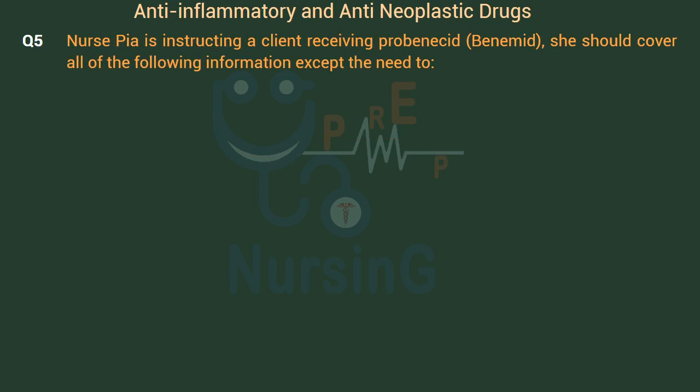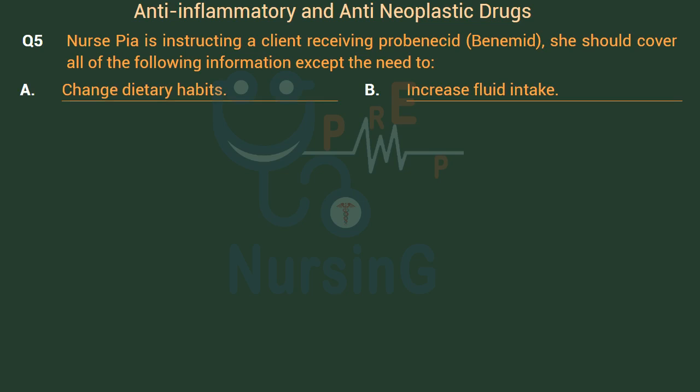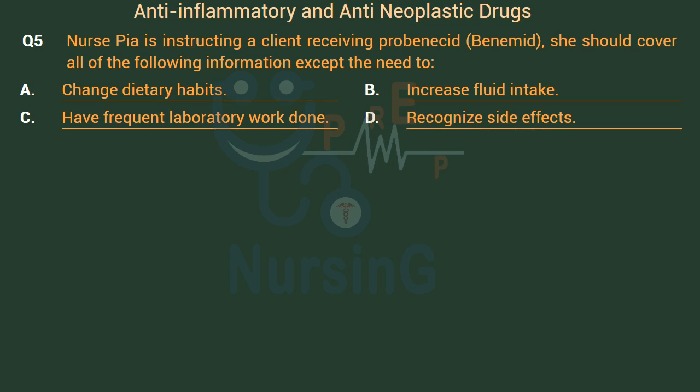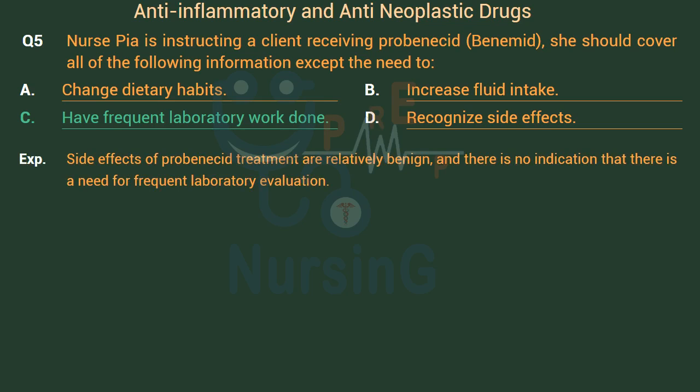Nurse PI is instructing a client receiving probenecid, Benemid. She should cover all of the following information except the need to: Option A. Change dietary habits. Option B. Increase fluid intake. Option C. Have frequent laboratory work done. Option D. Recognize side effects. Right answer is Option C. Have frequent laboratory work done. Side effects of probenecid treatment are relatively benign, and there is no indication that there is a need for frequent